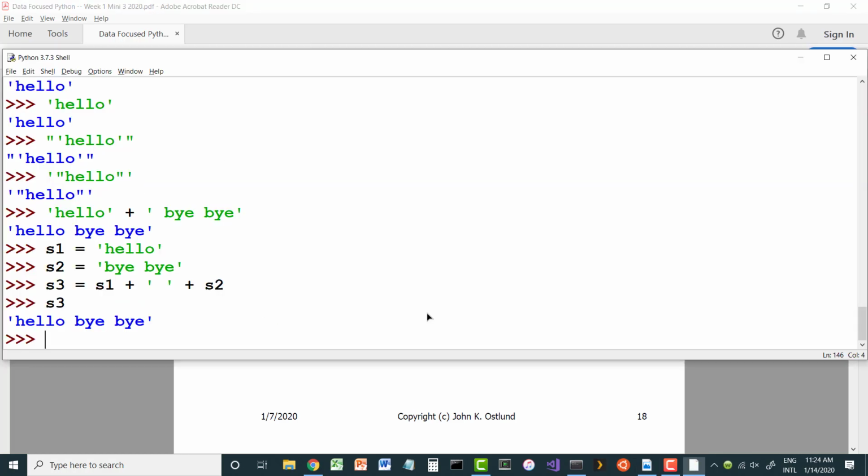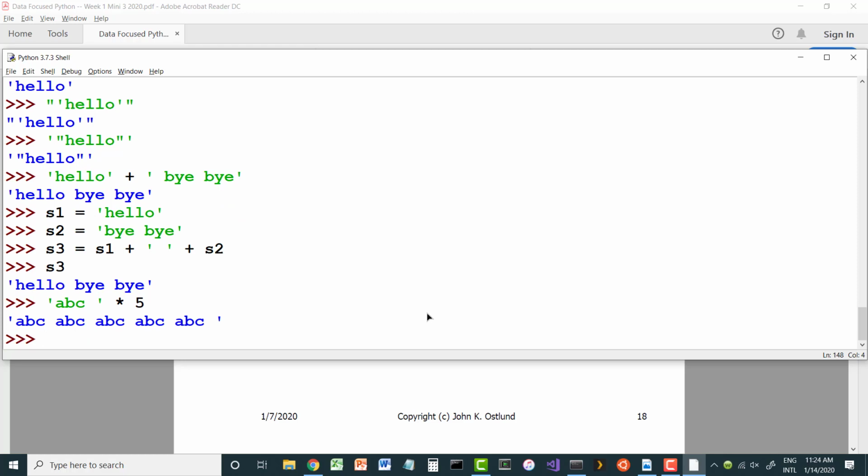Star means repetition. So if I said ABC space times 5, what I'm going to get is a single string containing ABC space concatenated 5 times. Okay? This is really handy if you're trying to display a report and each of the columns in the report is 8 characters wide. You can say something like